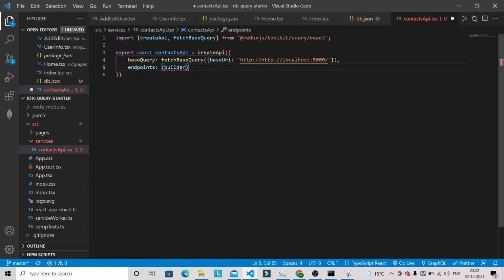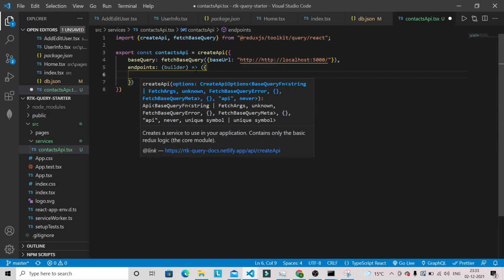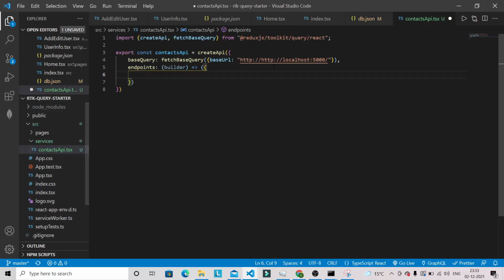So with the help of this builder pattern we can build our endpoint. So this will be an arrow function, and inside this we are going to fetch all the contacts that we have in our db.json file. So here I can write contacts. Okay, so basically it will hold all the contacts that we have in our db.json file.